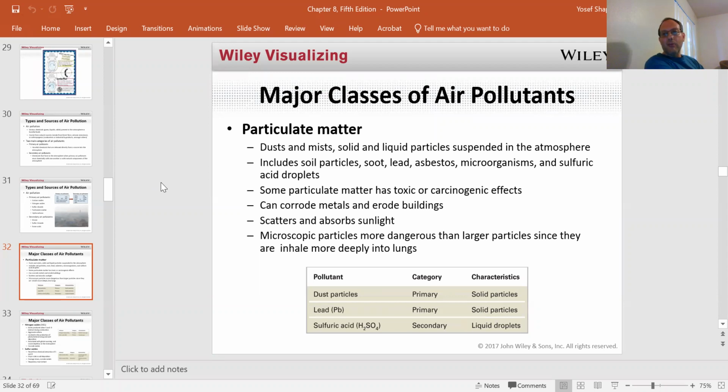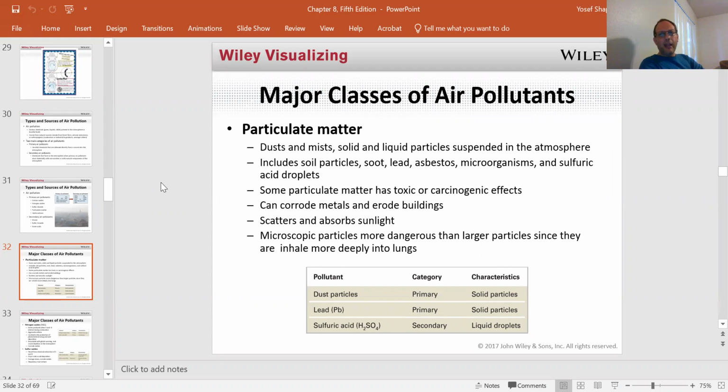Carbon dioxide, carbon monoxide, things like that. But there's also this particulate matter, which you do see. That's that sooty, blackish stuff that's suspended in the air. Sometimes it can be things that are quite natural, like soil particles. The wind blows along and you see all this soil and sand get suspended. Soot from things being burnt, lead from in the old days when cars burned gasoline with lead in them,